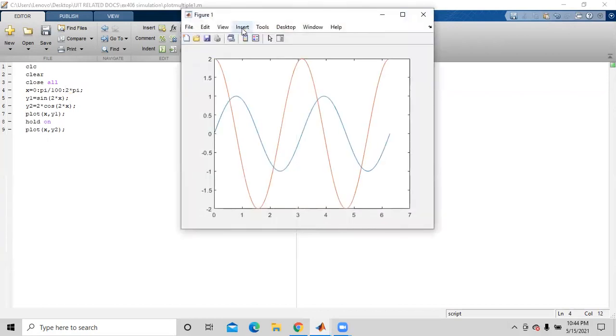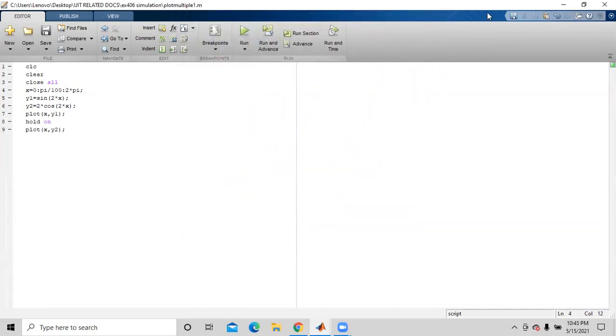See, now we have got the two plots. It is very necessary when you are writing the program, be very careful about the semicolons and the colons. I just put a semicolon here instead of a colon and I did not get a result. So you have to be very careful doing that. Okay, even we can give the legends and the title.